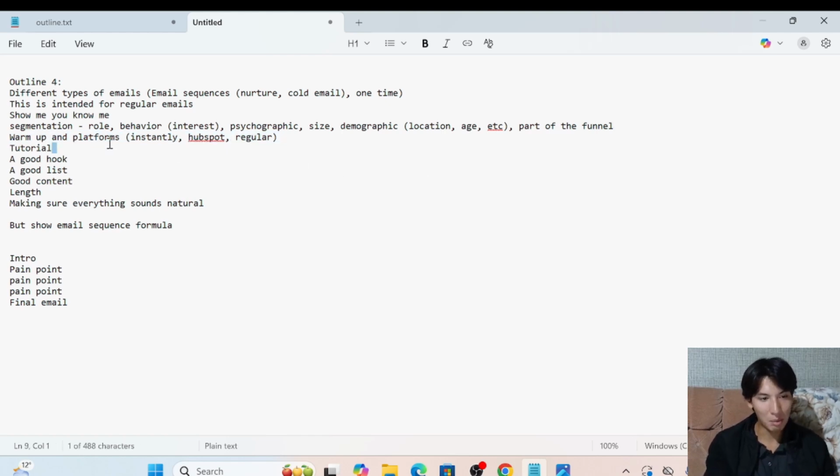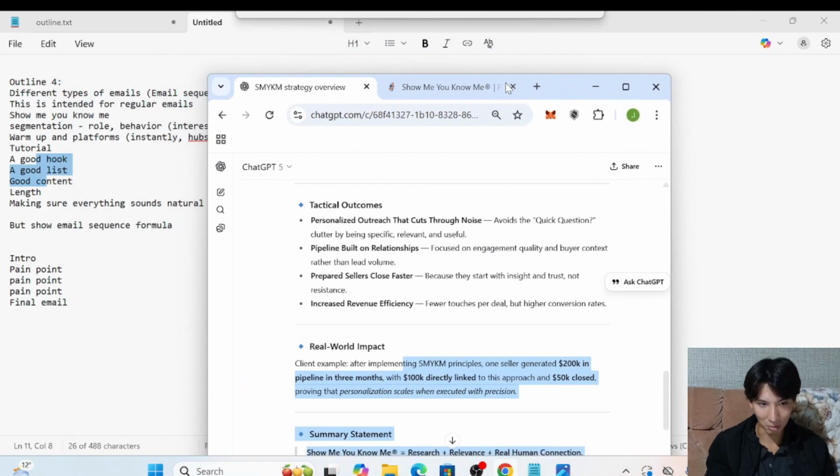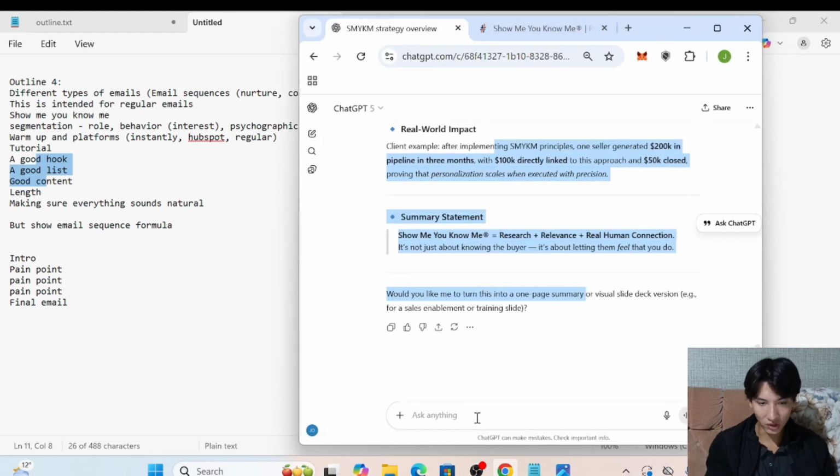And then warm up platforms. I could go into the technicalities, but you could do research on that yourself. And anyways, I'm going to create a sample email based on everything that I talked about. So let's just say in this scenario,